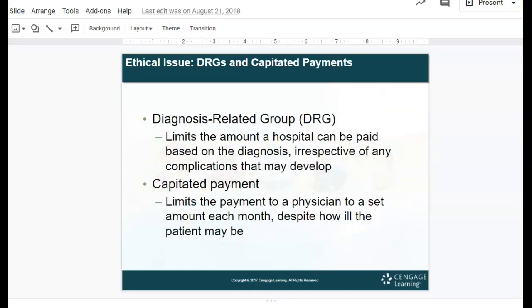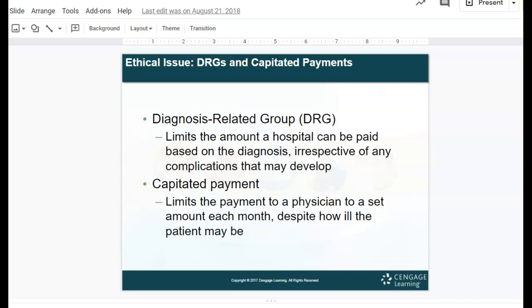So another thing that's kind of confusing in the healthcare world are the DRGs, which are diagnosis-related groups, and then capitated payments. I know we just kind of switched gears from cryonics and abortion and autonomy and beneficence and distributive justice, but this is kind of interesting too. So a diagnosis-related group reduces the amount a hospital can be paid based on the diagnosis, irrespective of any complications